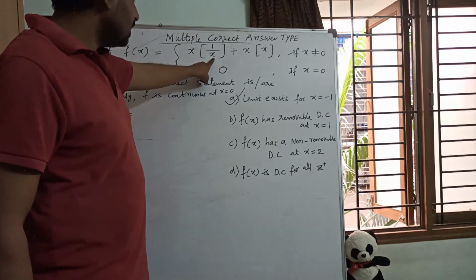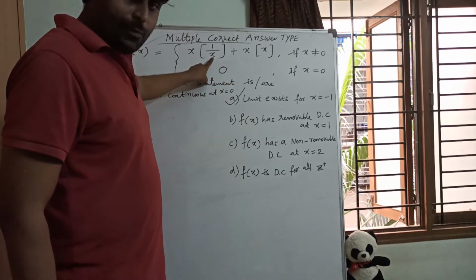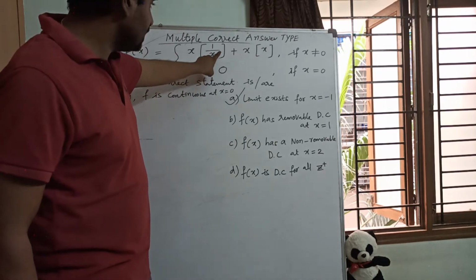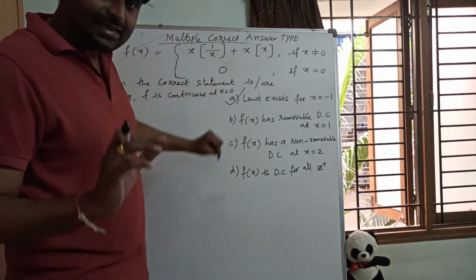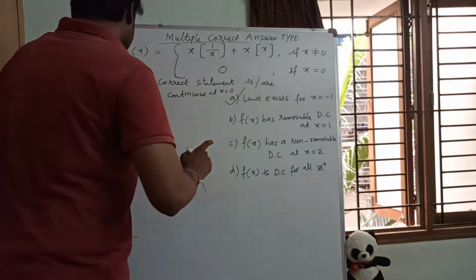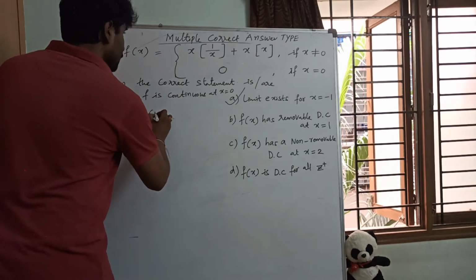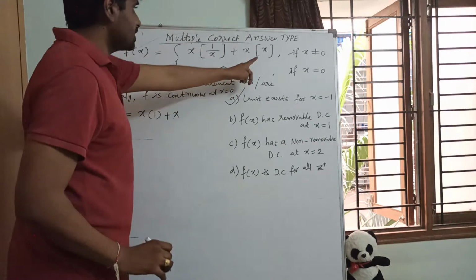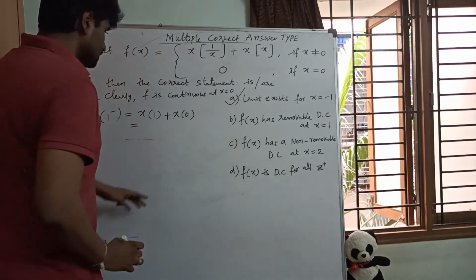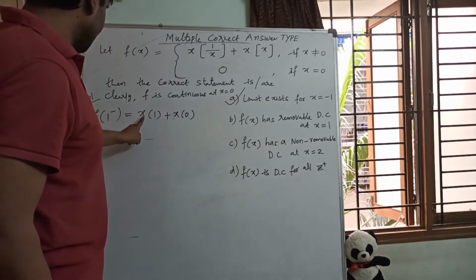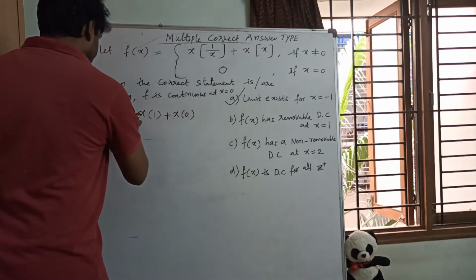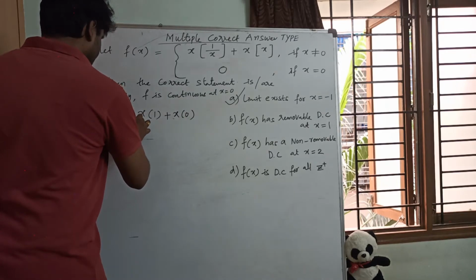Okay, at 1 minus, so 0 point change, for example 0.9. If you substitute 0.9 here, 9 by 10, 9 by 10 means 10 goes up, 10 by 9. 10 by 9 means 1 point change. So 1 point change, step 1. So here x into 1 plus x into step of 0 point change, 0. That means what will you get here? This will be 0, and in place of x if you substitute 1, that will be 1. Okay, so here limit is x tends to 1 minus.